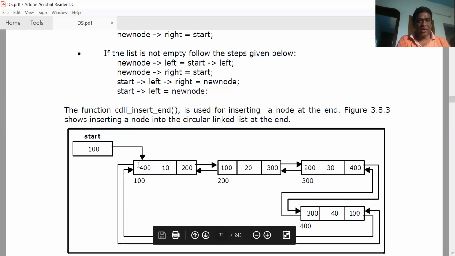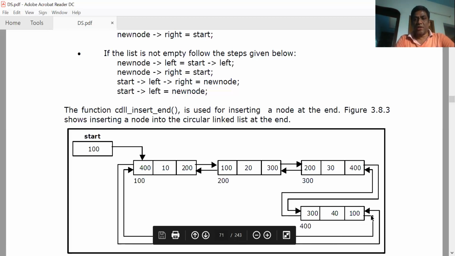Now what is required? Start left is equal to new node. So all the four links. How many links updated here? 1, 2, 3, and 4 links updated. So for insertion at the end of a circular doubly linked list, you need to update 4 links.